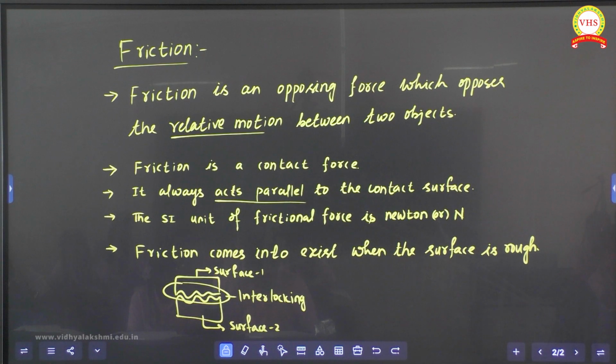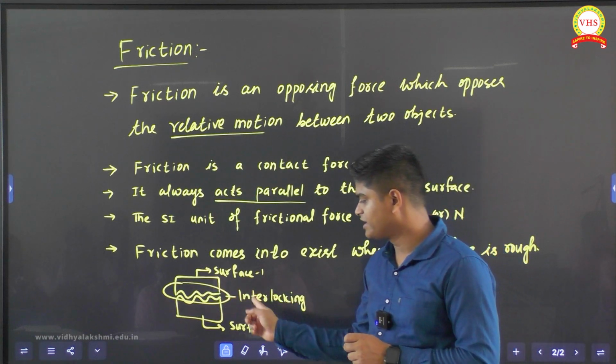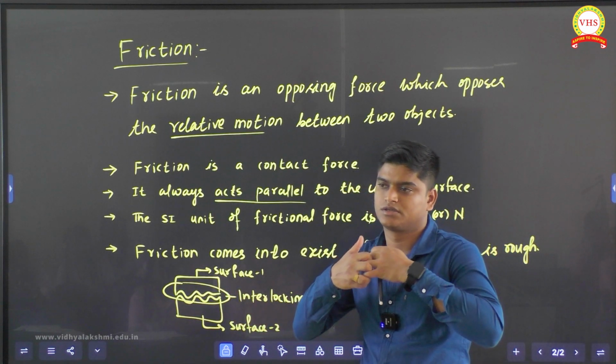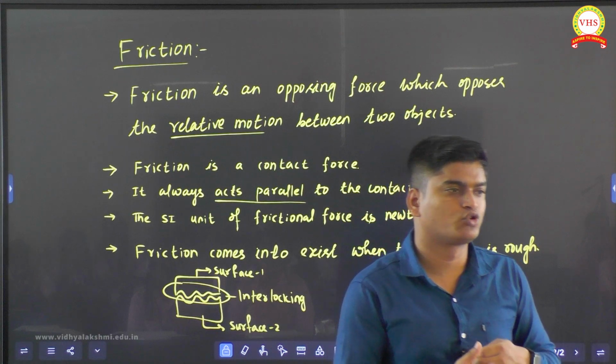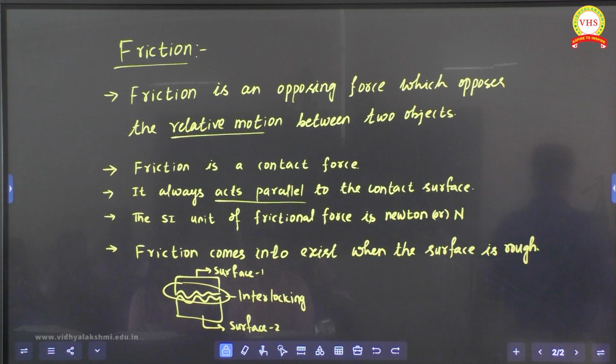Right, everyone? So when there is roughness between two surfaces, interlocking is happening between the two surfaces. So one is opposing another's motion. Okay. But we will understand the exact thing, how to solve problems based on friction, and how to understand when motion will happen or not by considering friction. Okay. We'll see that. Completed, all of you? Okay, next, listen.